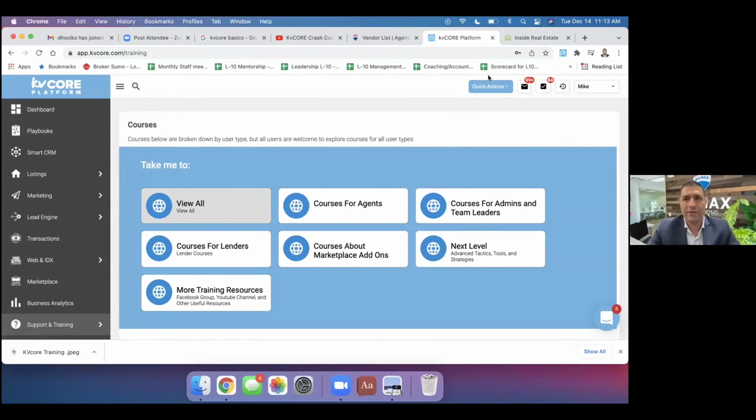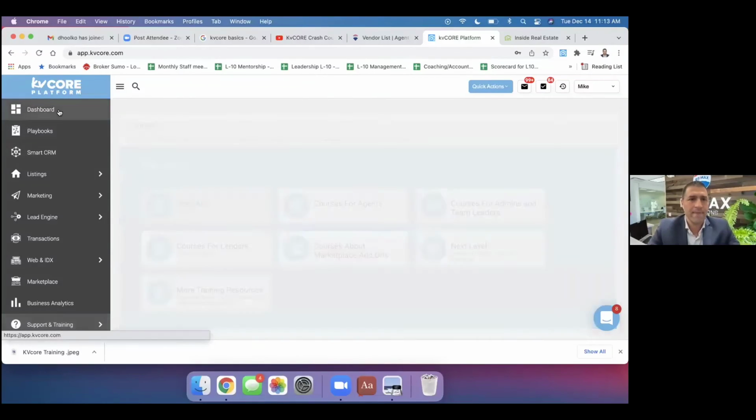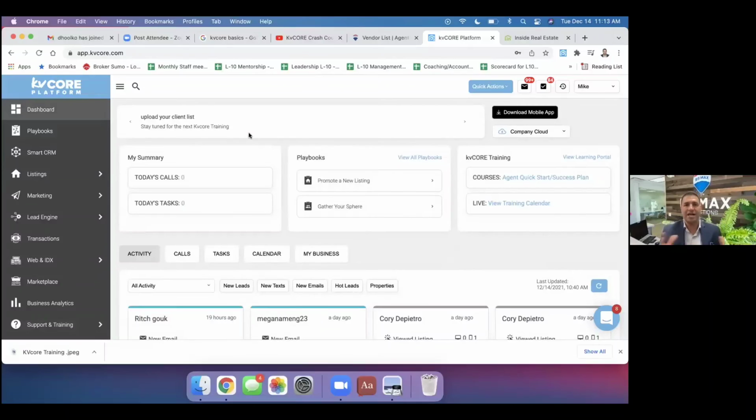So now we just talked about quick actions of adding a contact. That's how you would do so. And we're just going to go back to the dashboard. Are there any questions on adding a contact, or is that pretty self-explanatory? Good. Excellent. All right, we're going to talk a little bit more about this dashboard because this is something